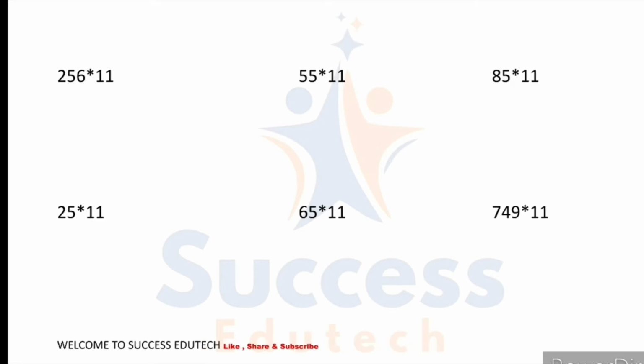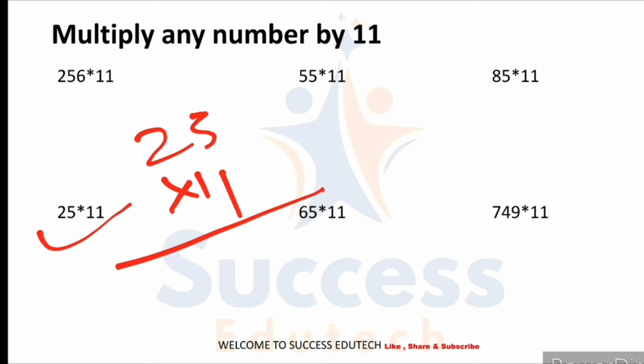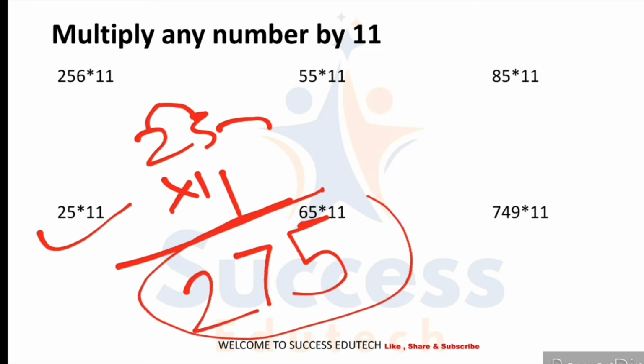Now multiply by 11. How to multiply by 11? This is a very simple one. Now for this I am writing, start with your basic problem, 2-digit number 25 multiplied by 11. Write the last unit place digit as is, 5. 5 plus 2, that is 7, and 2 here. This is your answer of multiplied by 11.